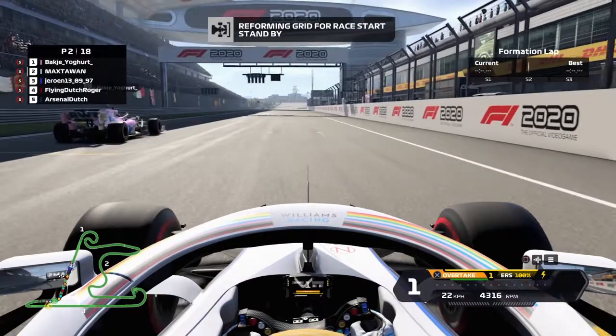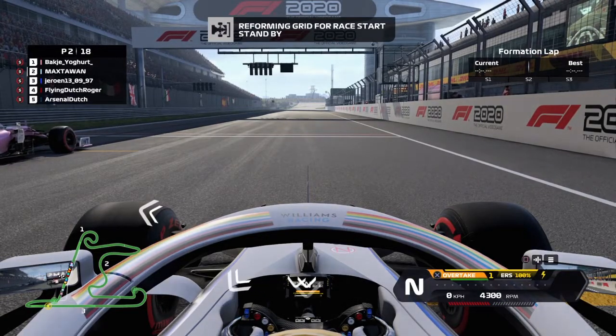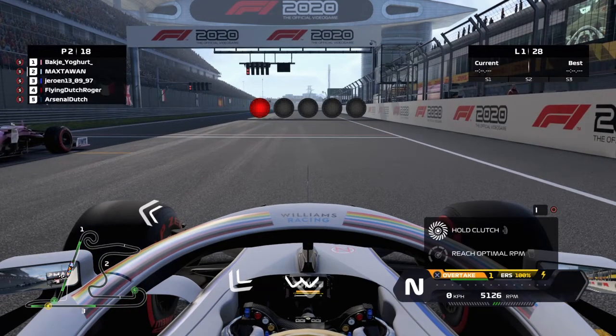So we're here at the start, and yeah, reforming grid for a start, stand by. So we need to get a good start, otherwise we're going to be stuck behind the Racing Point for the whole race, because it's really difficult to overtake around this track. And let's not forget that he's also got great pace. So I'm waiting for the lights to go on,